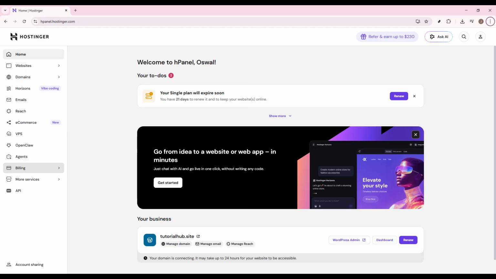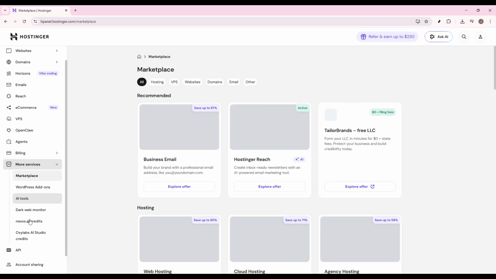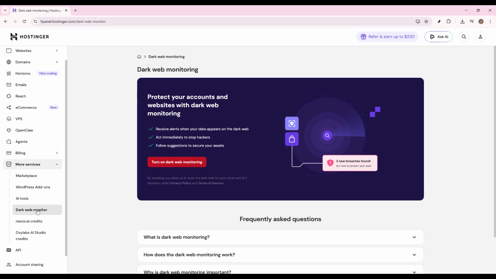After that, a drop-down menu will appear. From that list, choose Dark Web Monitoring. This will take you to the page where you can view the option and activate it for your account. If you're not seeing it right away, just take a moment to make sure you click the correct services menu